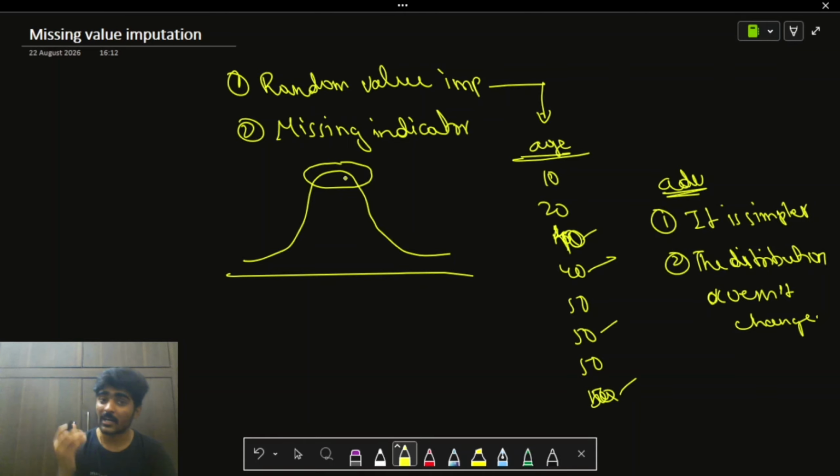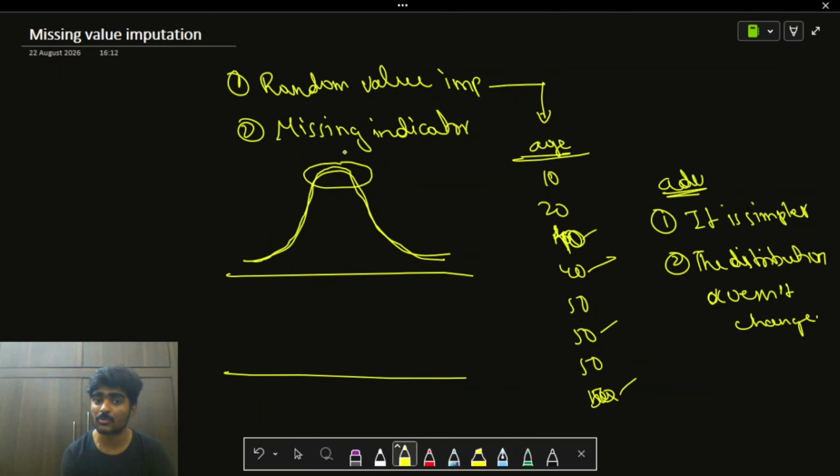The occurrence of random numbers from this particular region is very much higher. After random value imputation, the curve just bulges over here and settles as it is. You will see just a minimal change at this region, that's it.